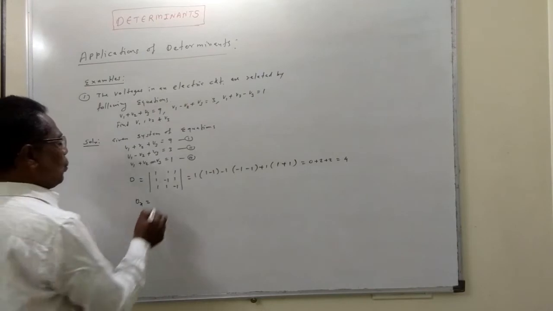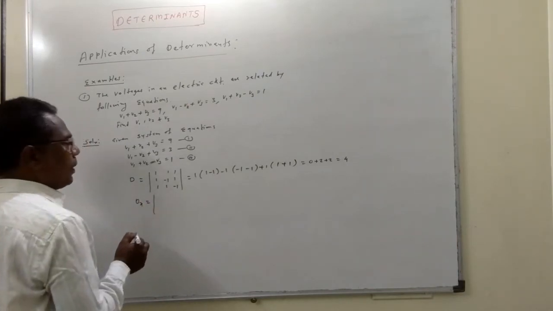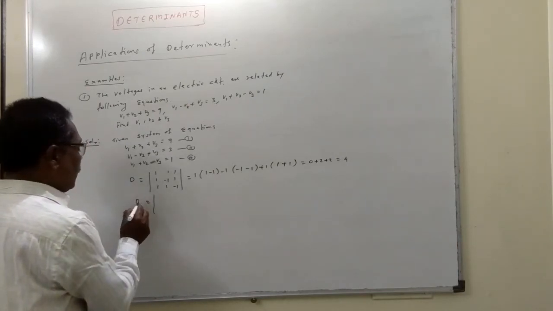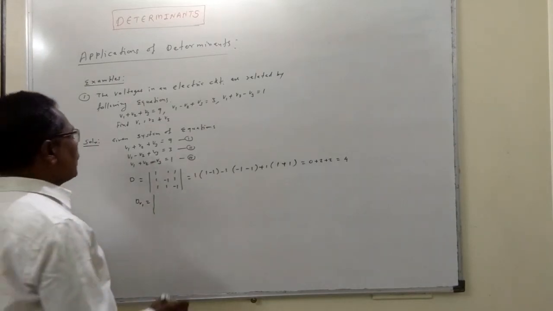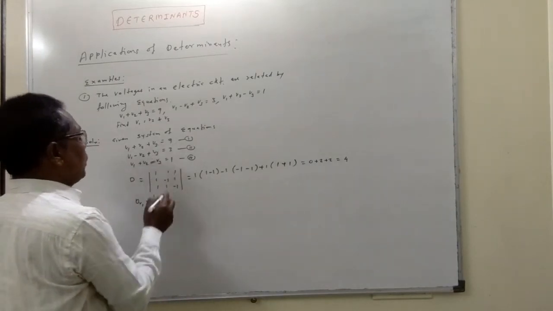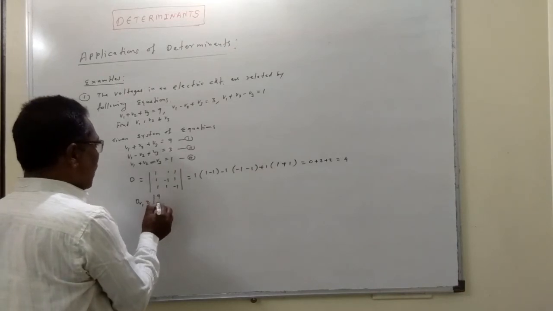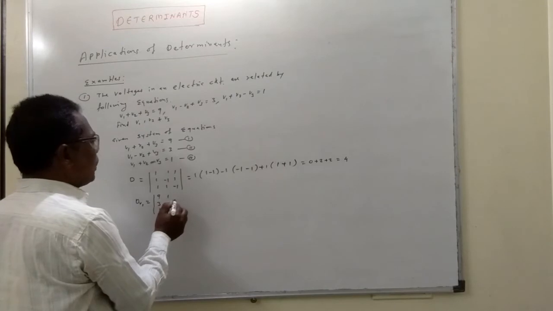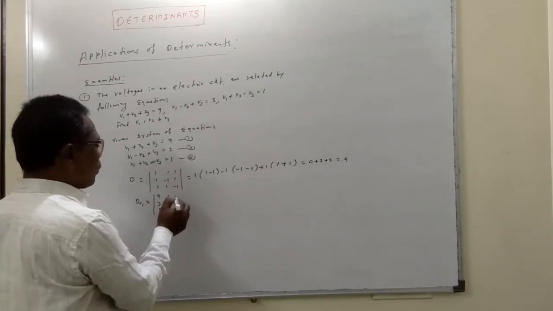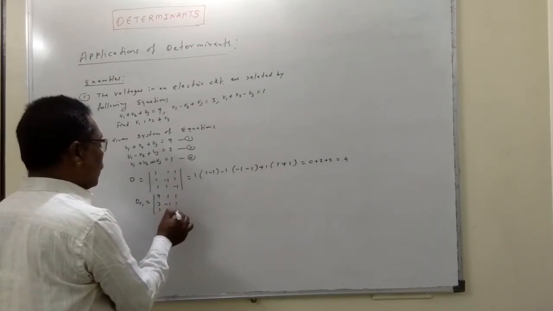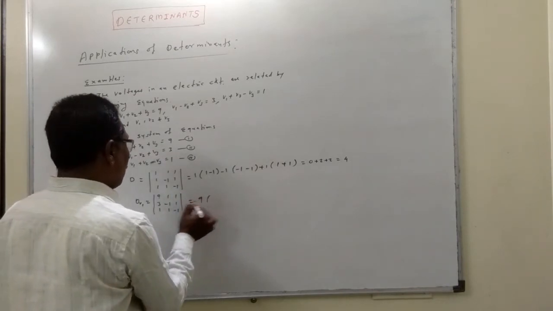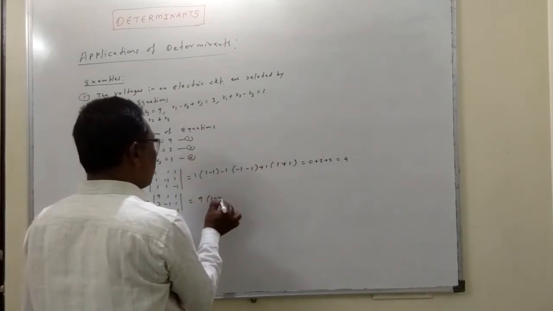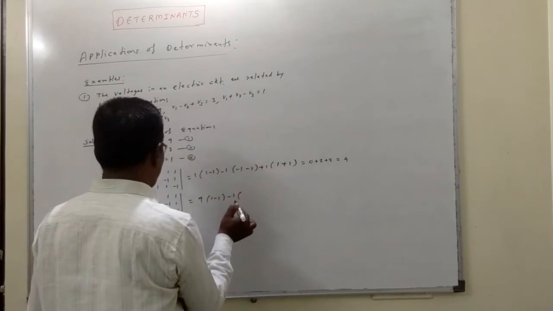Dx equal to determinant. So when we find Dx, here we write DV1, V1, V2, V3 variables. So DV1 is equal to, replace first column by the constants. So 9, 3, 1, 1 minus 1, 1. As we are replacing, you write column wise. So 1, 1 and minus 1. So that is equal to 9 into minus minus plus 1 minus 1 minus 1 into